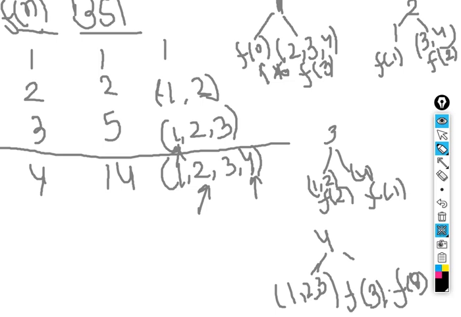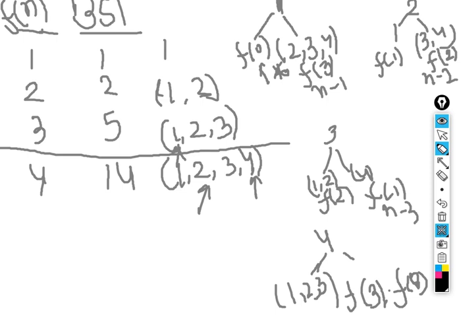See, f of 0 into f of 3, where f of 3 can be written as f of n minus 1, because n was 4, so 4 minus 1 is 3. 2 can be written as n minus 2, for 1, and this was f of 0, so f of n minus n over here. So if I wanted to write a recurrence relation, it becomes in that form: f of 0 into f of n minus 1, f of 1 into f of n minus 2, f of 2 into f of n minus 3, and f of 3 into f of 0. All right, so we can see there is a series going on over here, and we can then code it out.